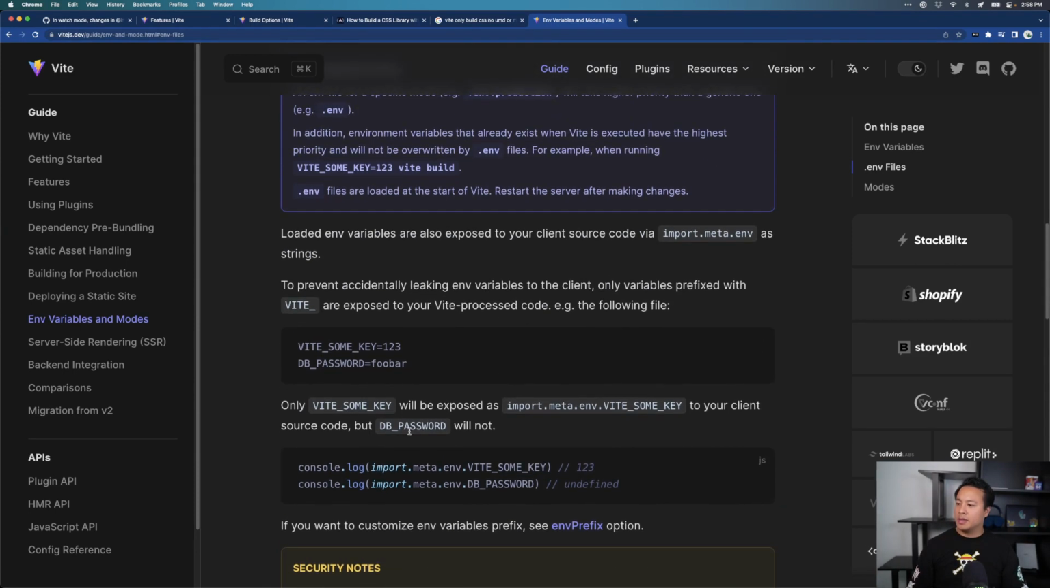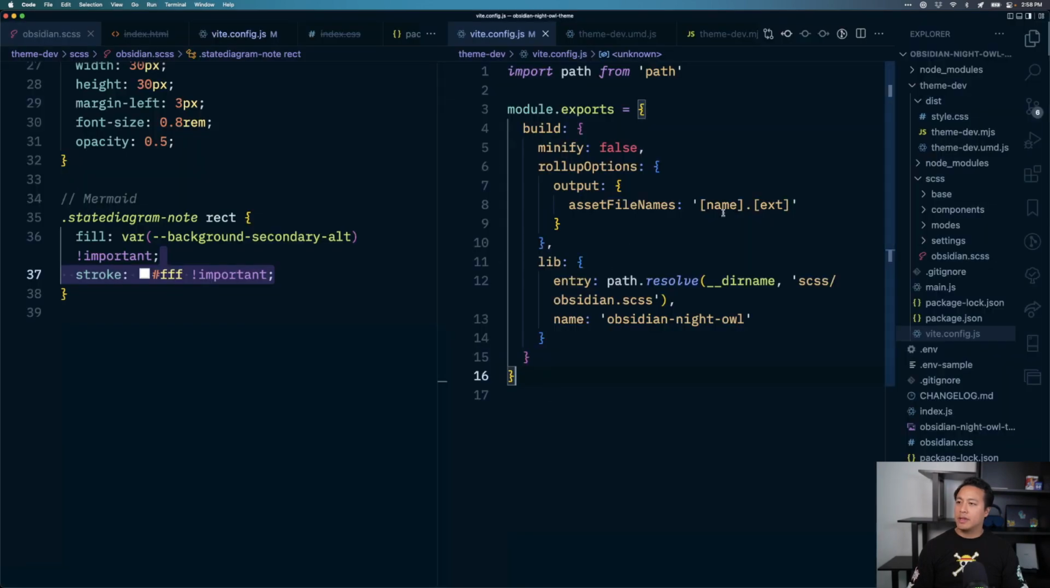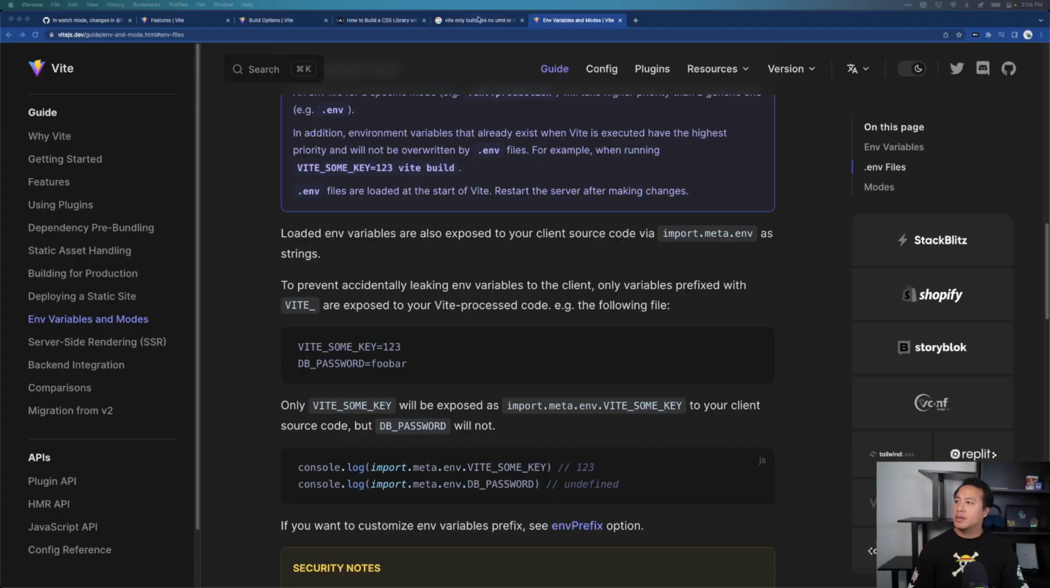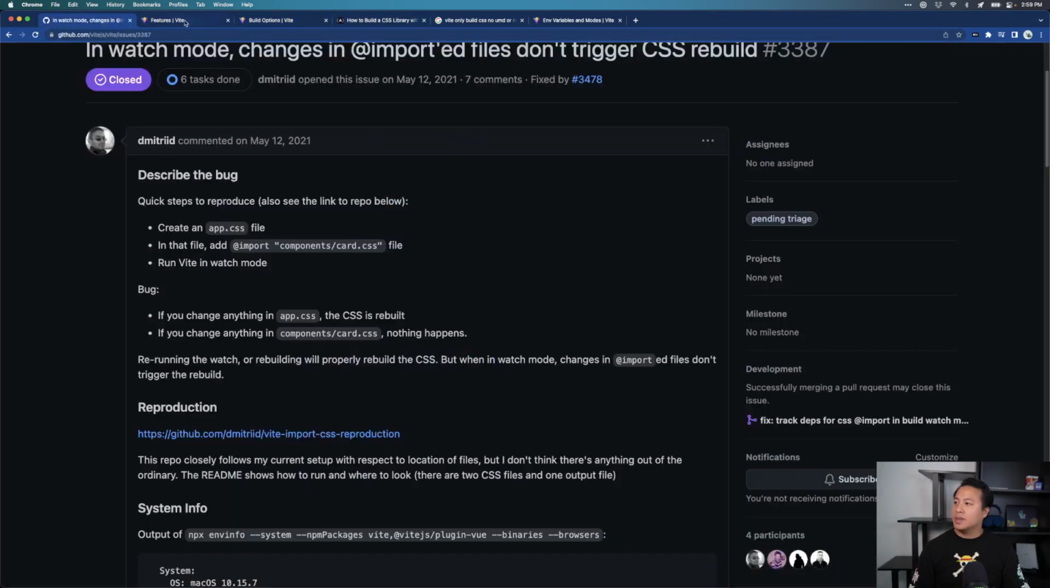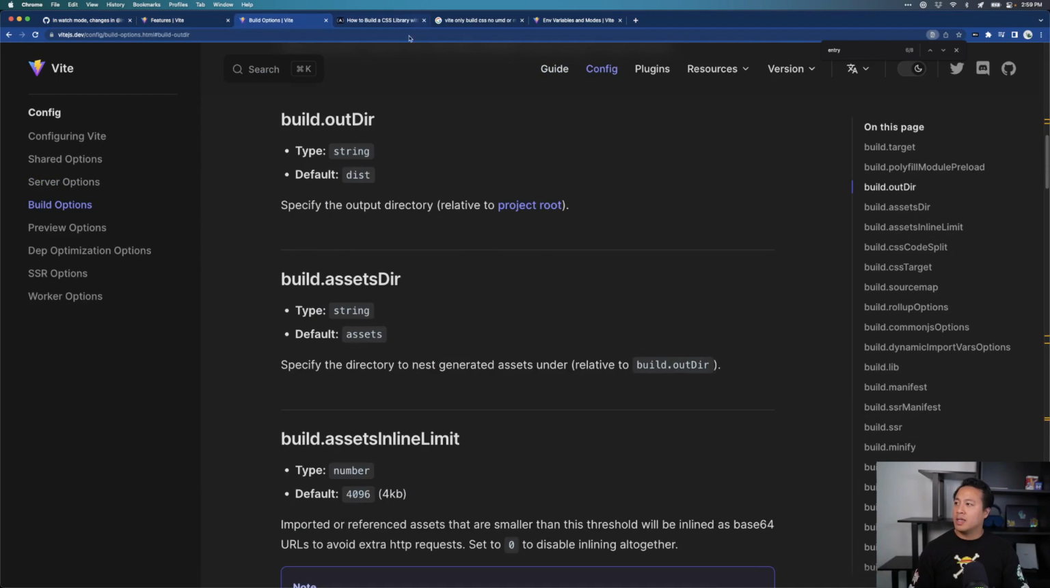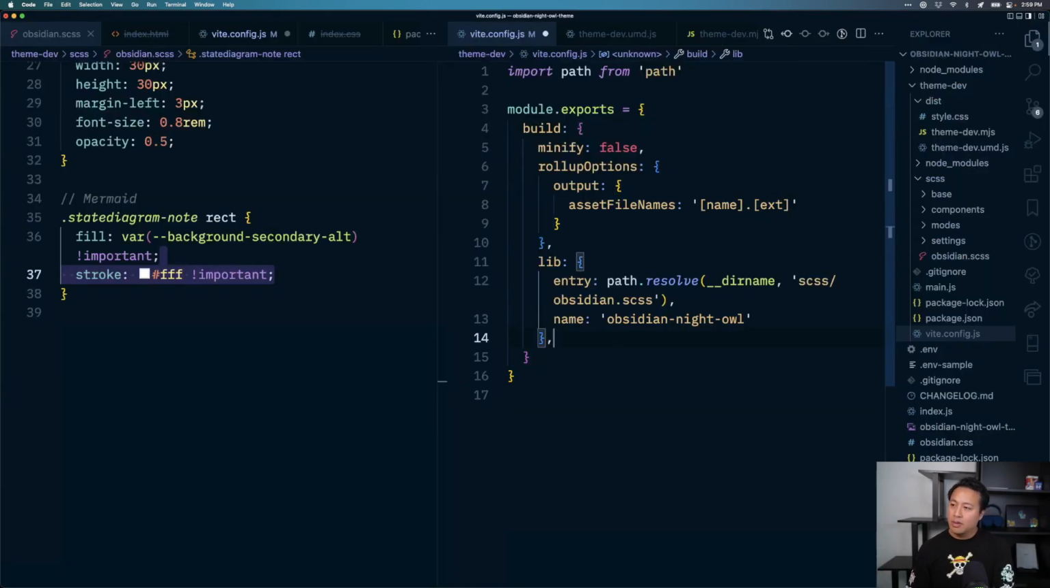These are automatically exposed to import.meta.env. Okay. Here's what I'm going to try to do now. What I want to do is output it to a specific directory when it's building. So this would be the closest to the example that I want. We have an out directory, and then we would go